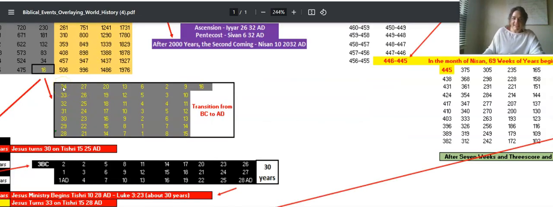We counted out 7 sevens. From 34, our first Sabbath is 34 BC to 28 BC, 27 to 21, 20 to 14, 13 to 7, 6 to 1 BC. You will notice that right here is the transition from BC to AD, and there is no year 0. If you are converting these dates to Gregorian, or using,